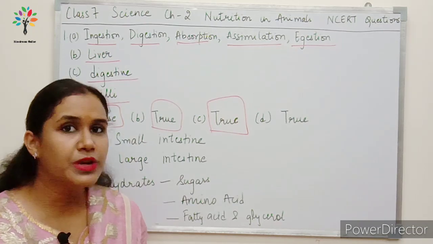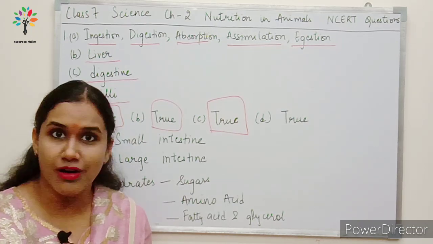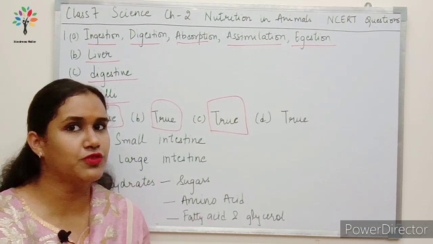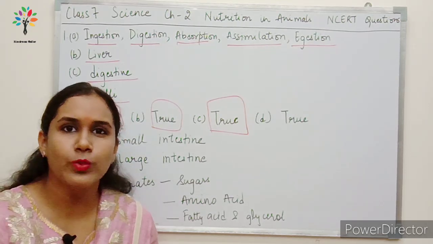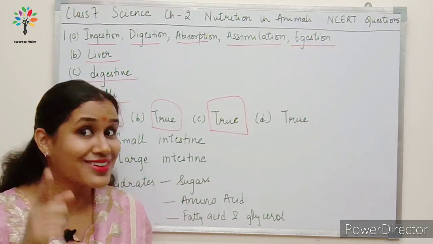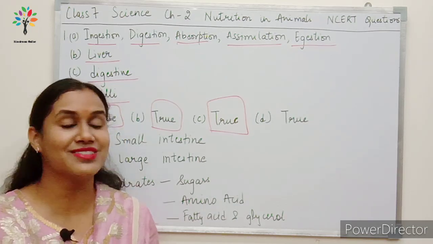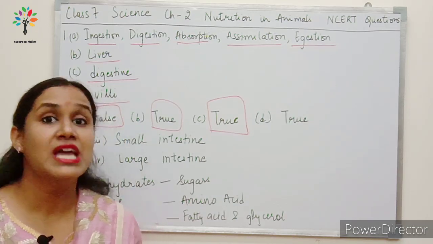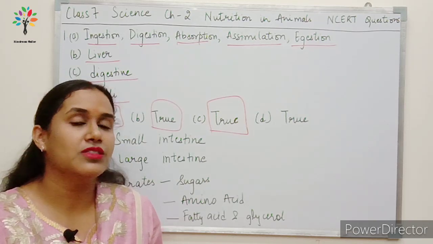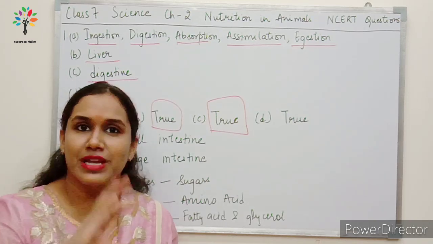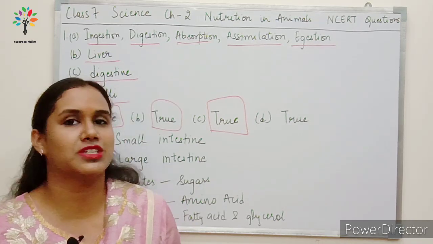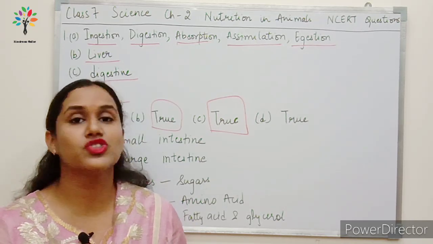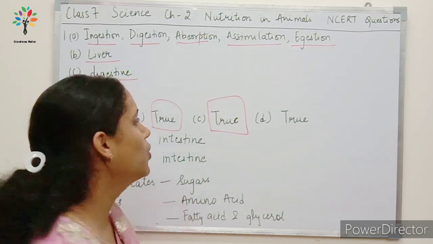Let's look at the last statement. The ruminants bring back the swallowed grass into their mouth and chew it for some time. Is this true? What is this food called when they bring it back? That is the cud. You remember this was discussed in the last video for this chapter. The cud comes back in the mouth, where they chew it again and break it mechanically into small pieces, and then again it is sent to the stomach for digestion, right? So this statement is also true.